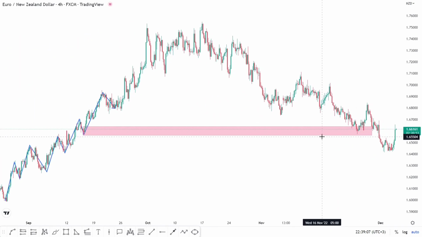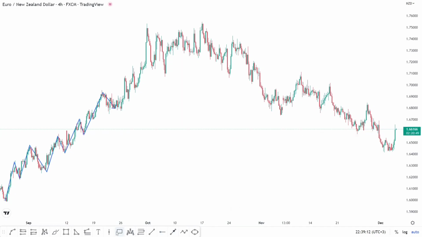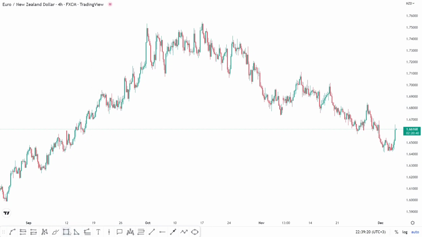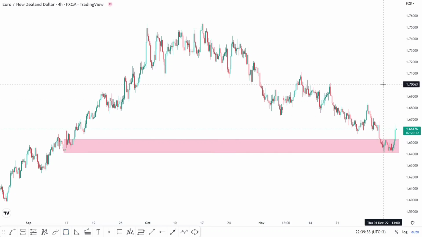Anyway, I'll go to the demand zone that I used in this trade that we took. So at this point here, at this low, first I'll start by removing this. So you come and mark where the impulse move started and where we have our first bullish breakout candlestick. You could use this one or you could use the one above. I like to use the closest bullish candlestick. As long as it's a breakout candlestick, you drag to the right and you mark that as your demand zone.